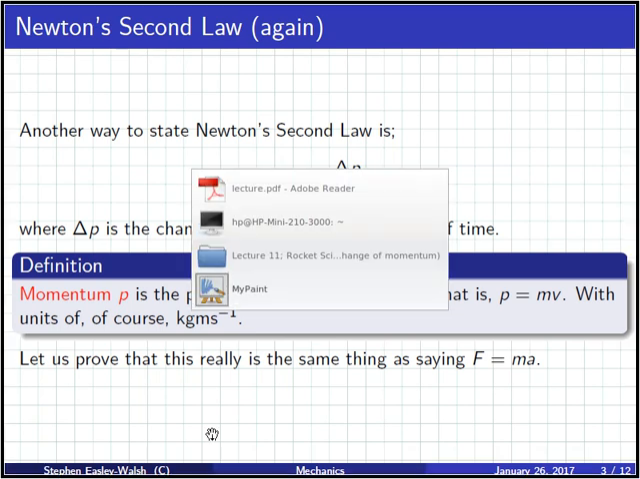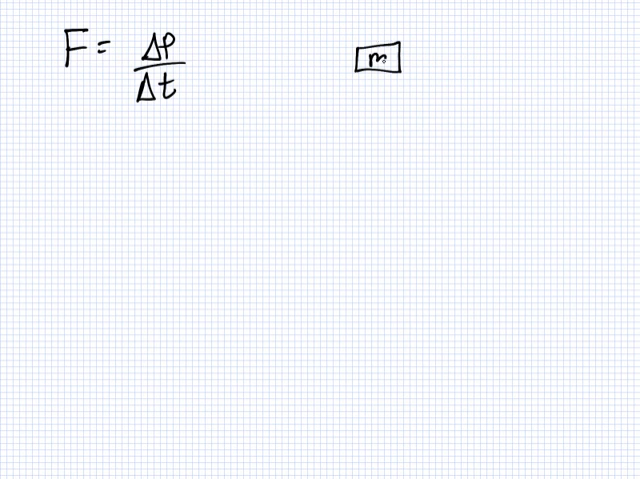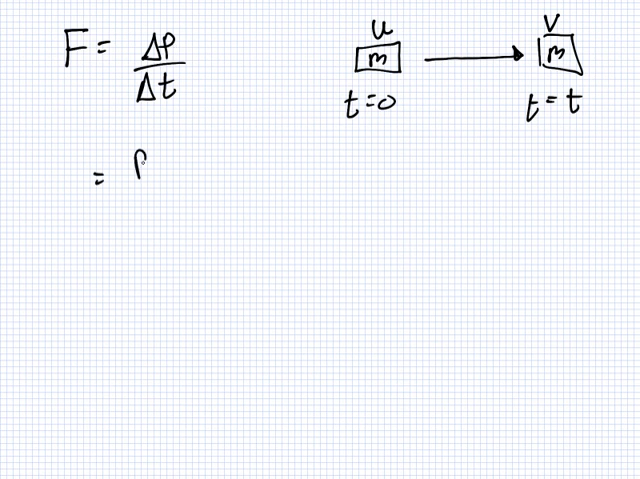So, let's prove that it's actually the same formula. So, F equals the change in P over the change in time. So, I'll draw a little picture here. We start off with mass m, and it has a velocity u, and this is at the beginning. And then it increases to v, and this is when some time t has passed. So what is the change in momentum? Well, that's the momentum at the end minus the momentum at the start, and the change in the time is